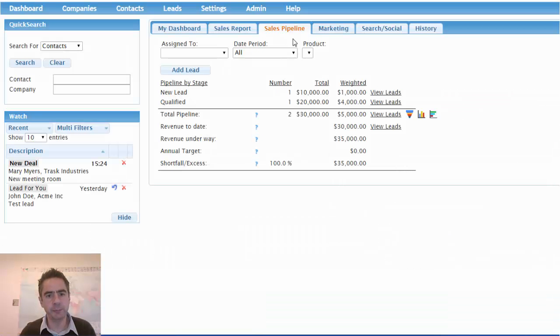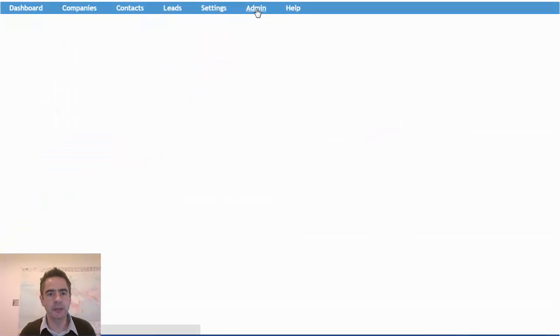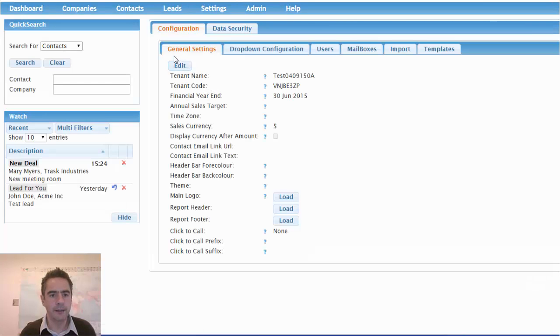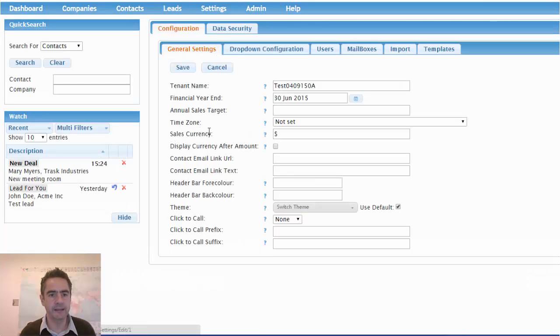To configure your sales pipeline dashboard, the first thing we want to do is specify an annual target. If there's no name specified in the Assign To dropdown, then the annual target that's displayed is the target for the company as a whole. You can set that by going into Admin, and then under General Settings, Edit, and you'll see Annual Sales Target, and we'll set that to